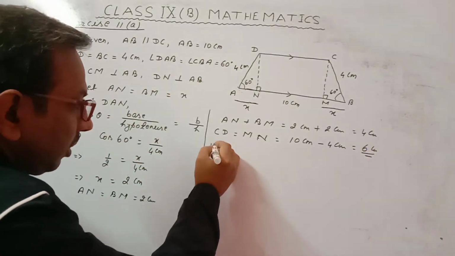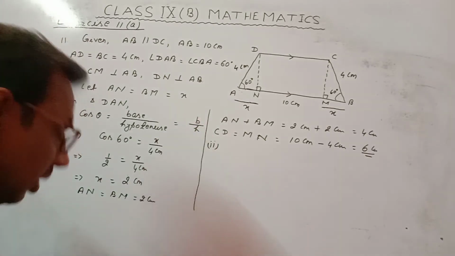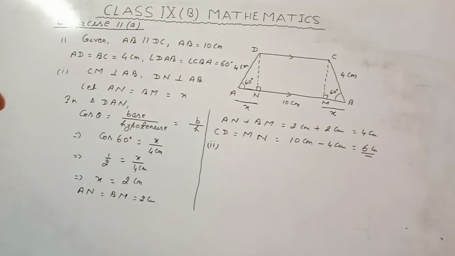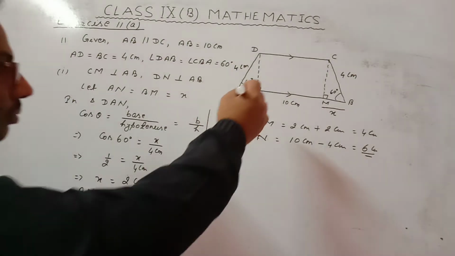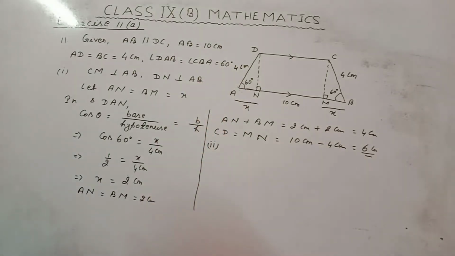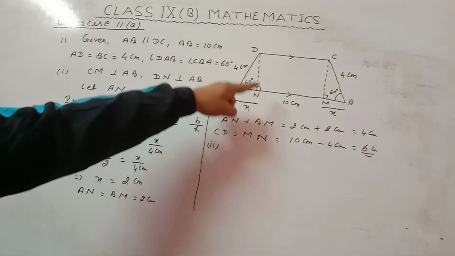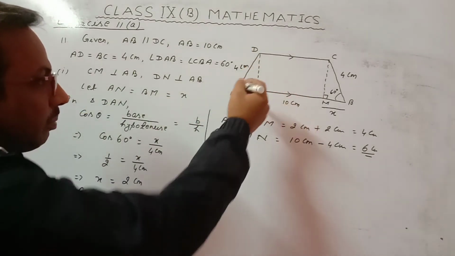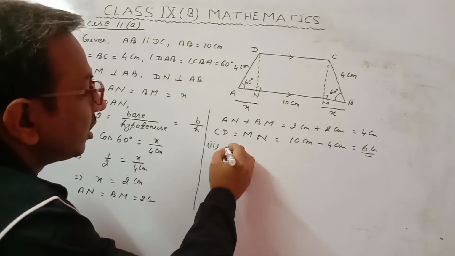Now you come to Roman number 2. In Roman number 2, we are asked to find the distance between CD and AB. Means if you find DN in this triangle, then we can get the distance between CD and AB. How will you find DN? So DN is the perpendicular. From Pythagoras theorem, we can say DN equal to